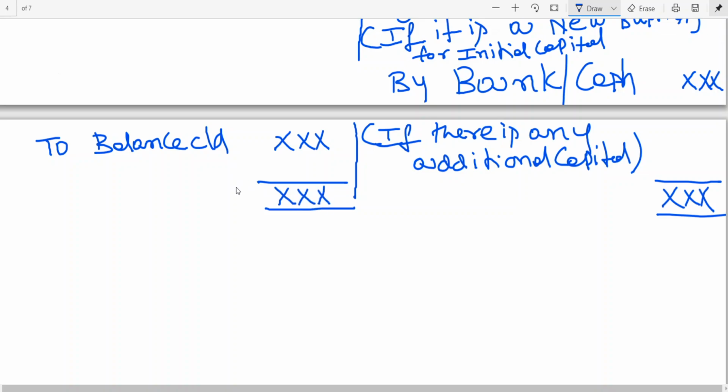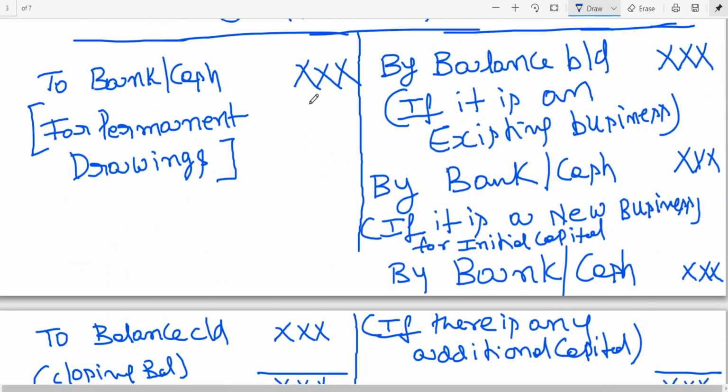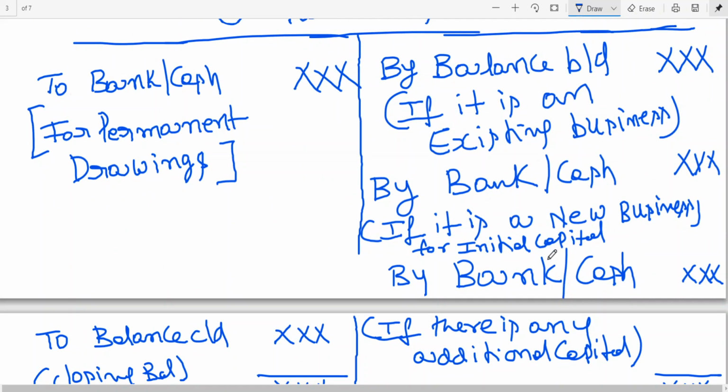To balance carried. This is closing balance. So I think you can see under fixed capital method, opening balance or additional capital. The first one here I am using R. I think it will be clear. If it is an existing business, you write by balance brought down. If it is a new business, you write. If there is only existing business, meaning old business continued,